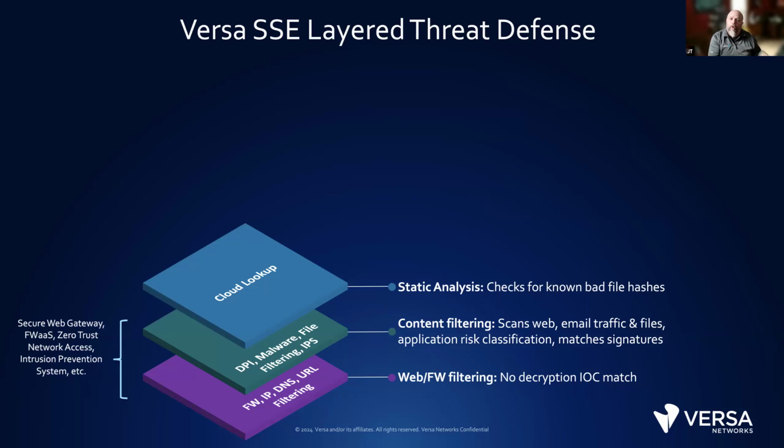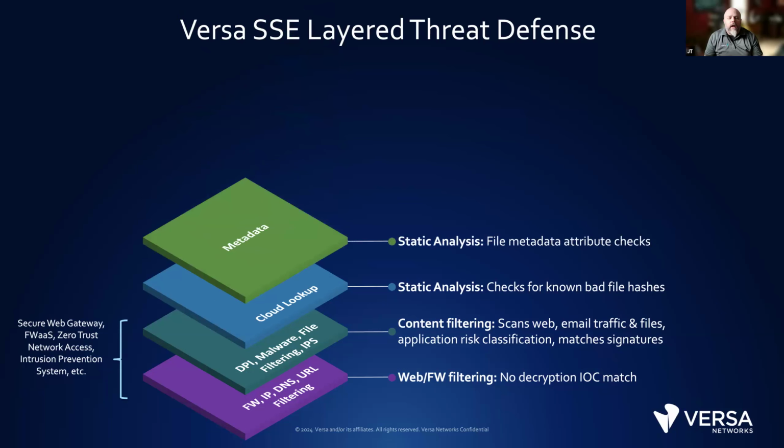So they have the largest database of known bad file hashes in the real world. We've been able to partner with them to do cloud lookups to say, is this something that is potentially bad? Is this something that is known? Keep in mind, if we're looking at things that are masquerading, we can actually see the masquerade, see the original file that's there, and still check that against that bad file hash.